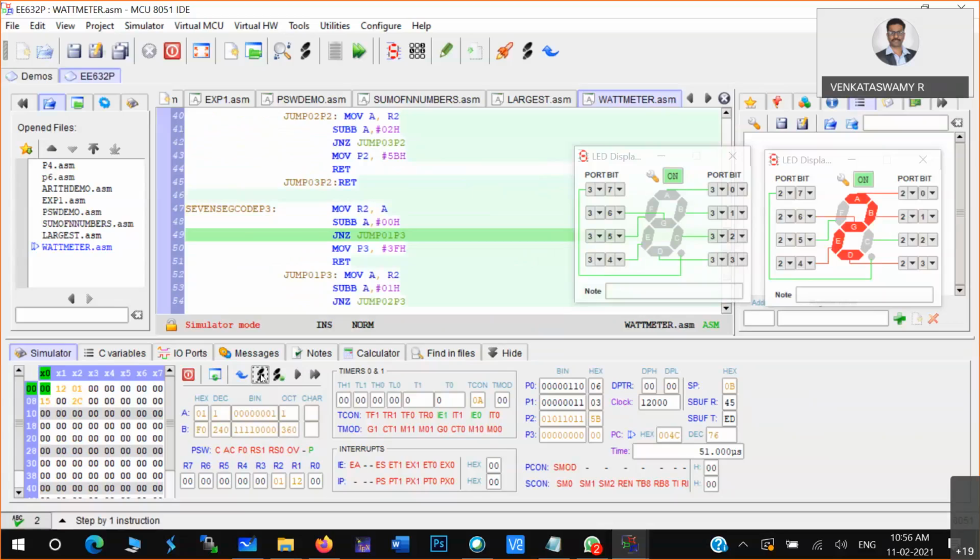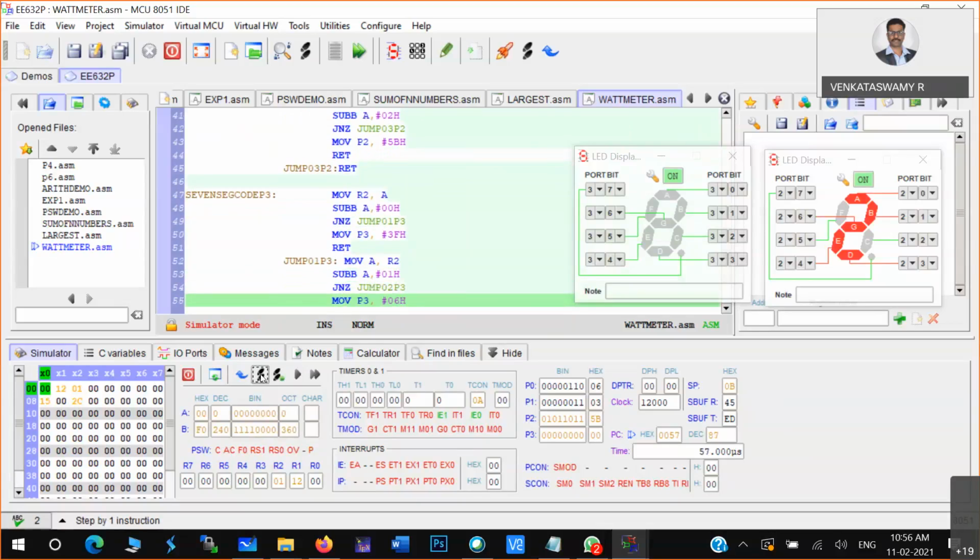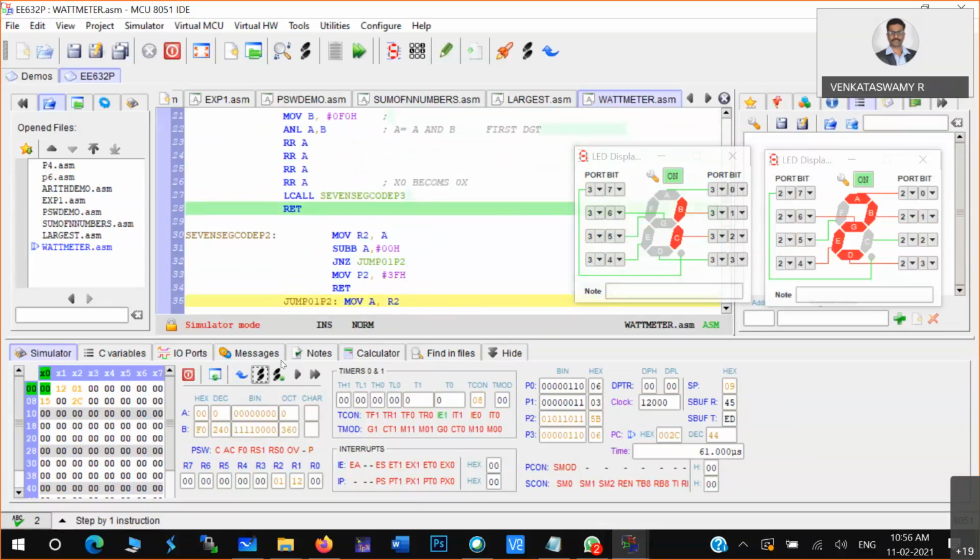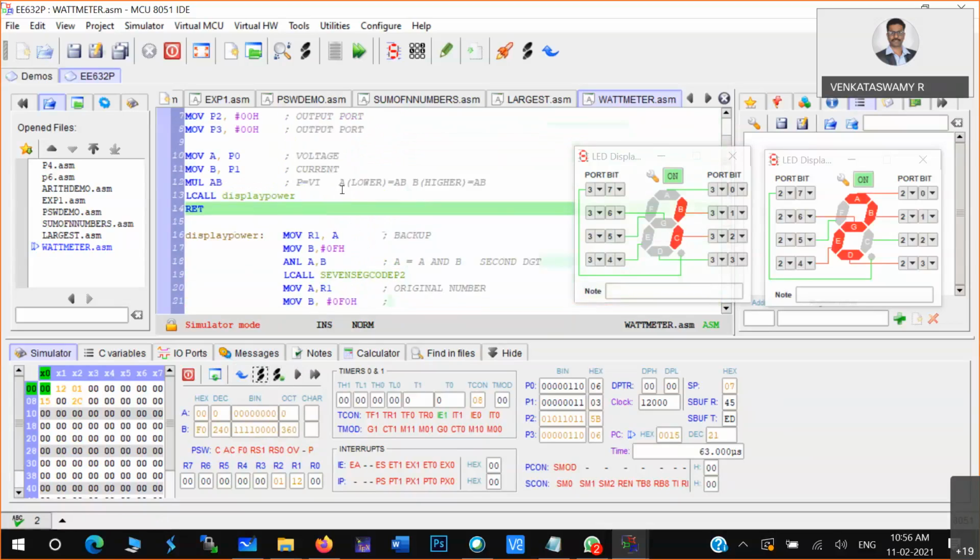So now the content is 0 1. That means this one should work. Now the result is 0. P3 should move to 06. Now it is printing 1 in the LED. And it came to the end of the function, and again it came to the end of the main program. The program counter changes.